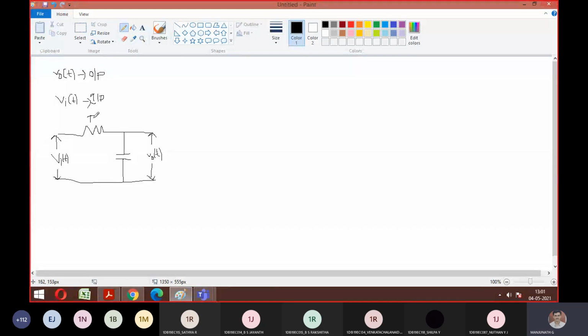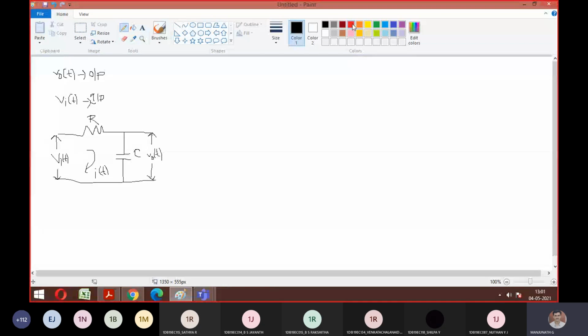So just make a note of the question first. This is the given question. This is the capacitor value C, and here you can see the current flow I of t. Is it okay, guys, till here? Yes, sir. So this is the given question. Once you have the question, let me show how to proceed.